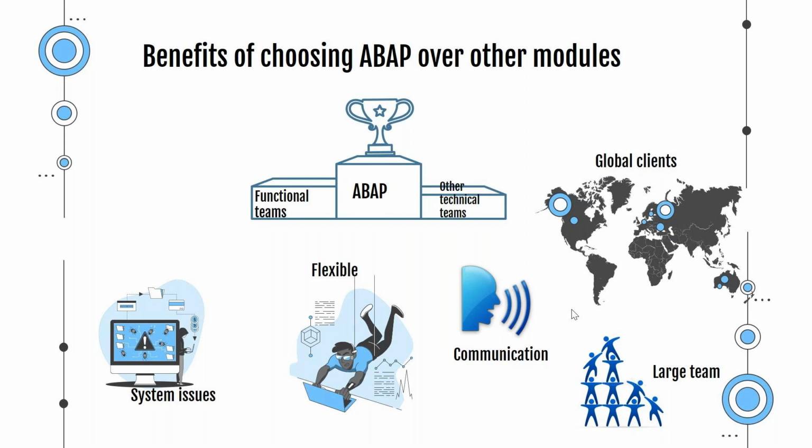So all the system issues will be taken care of by your basis team. Even though basis is a technical team, they have this liability that they'll have to work 24 by 7. They'll always have to be ready. They'll never know when the system is going to have an issue, so they'll have to actively keep on monitoring things. They'll have to actively work 24 by 7 shift. We don't need to do that as an ABAPer. You don't need to do that. Then,